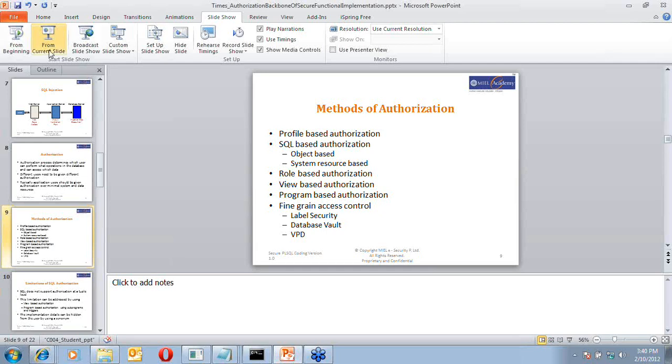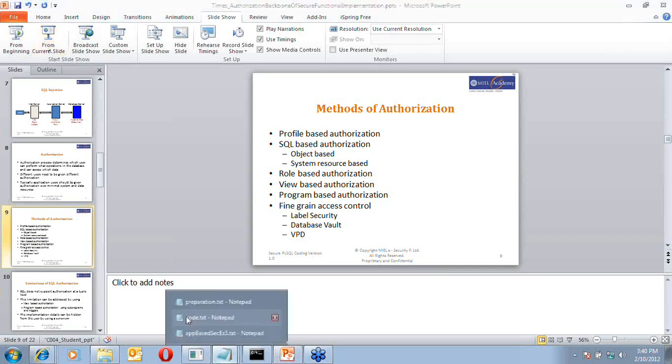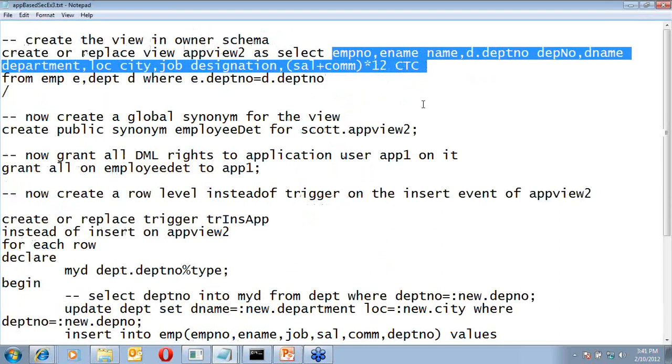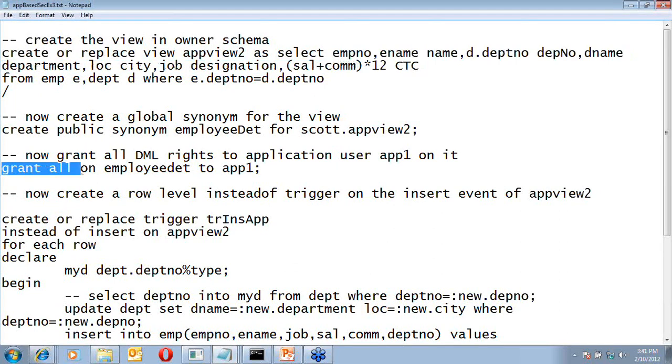Instead of giving the select privilege to this app one user, which is the front end connection user, I can create a view to restrict what the front end user can see from my data globally on this view, right?